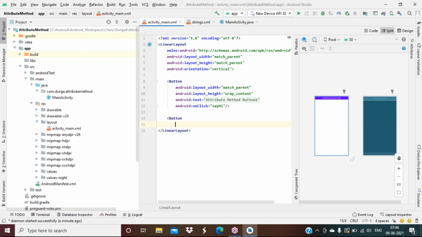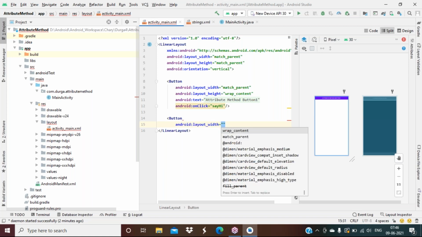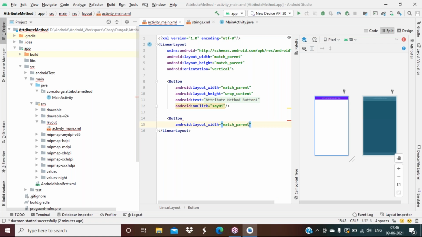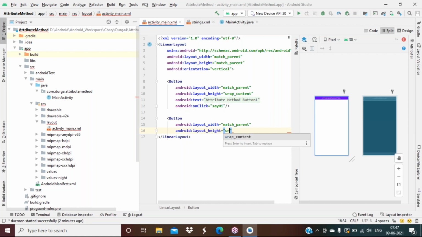First property, width. You can type WI and it will automatically come. Android colon layout width match parent. Next height. Sorry, not Android colon height, Android colon layout height, wrap content.